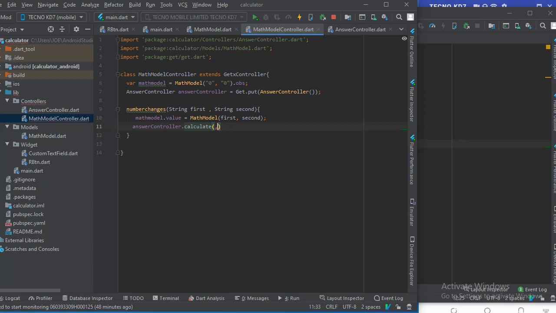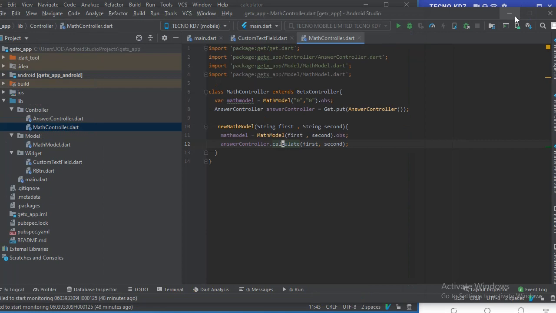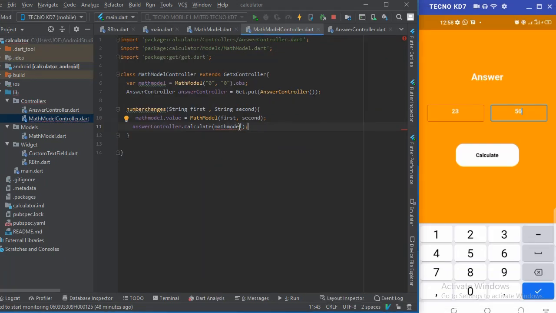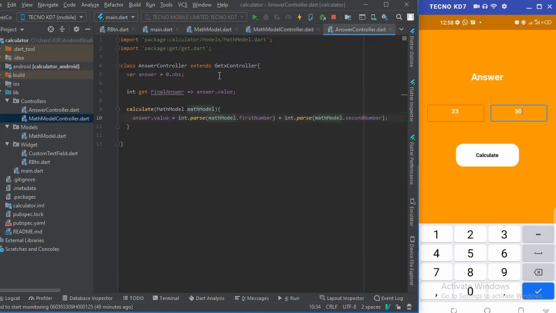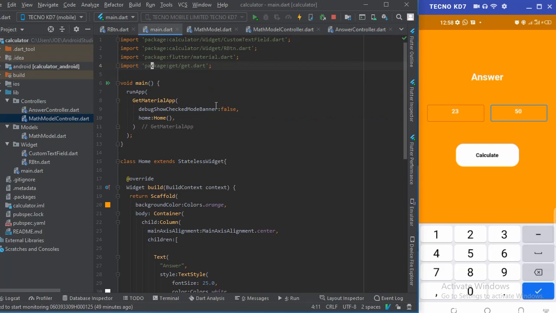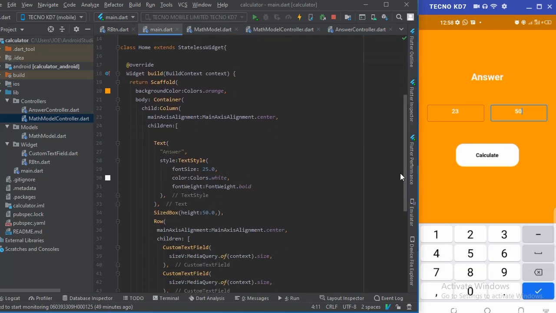So if you go back to the math model controller, in here you're just going to pass in the math model dot value. So now that is it. Simply, the answer controller is being updated with the math model controller. So going back to the main.dart,